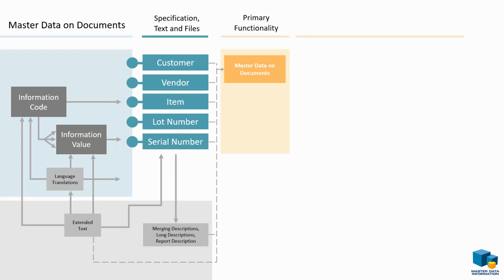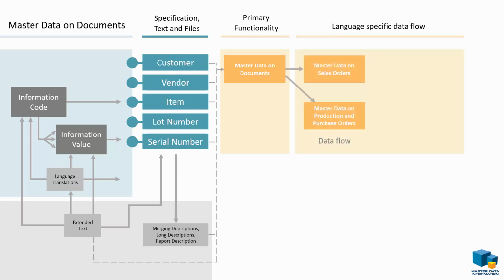So with the master data on documents setup, it's possible to actually transfer those automatically to open sales orders and open purchase orders when you create those, and also from sales orders directly to production orders and purchase orders. So it's possible to make those data flow in all those directions automatically. You can also manually change data. So for instance, if you create a sales order, some master data is created automatically. You might add or change some of them and make them flow to the production order or purchase order.